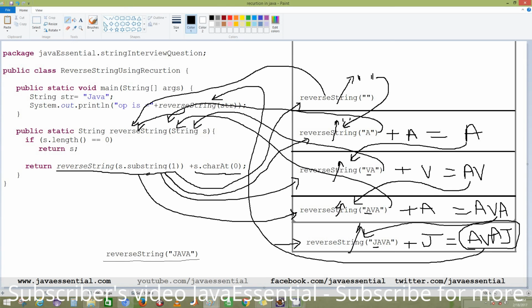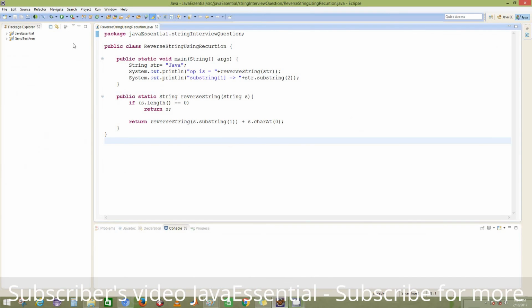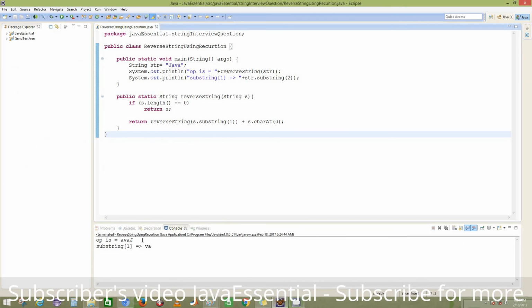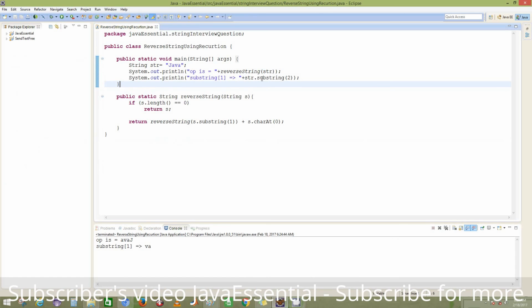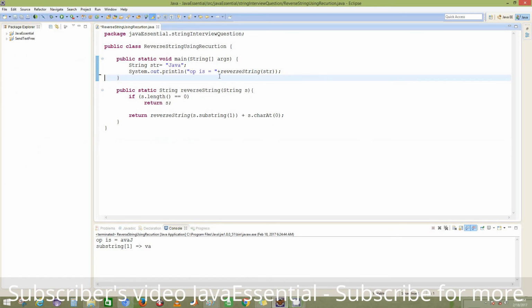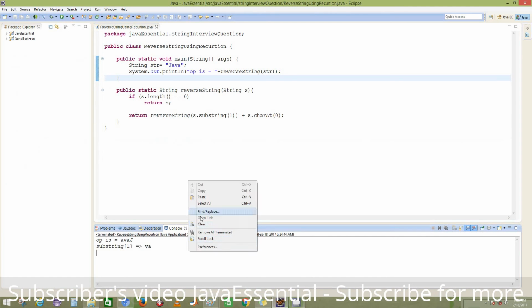That's it, guys. That is completely everything about the recursion. Let me quickly run this code and I'll show you the output. Here's the same code that I have put there. So here is the output. I have put in one more extra line to explain the substring, because here you can see the substring of the input string is equal to that. I'm using substring(2), so it will slice off 2 characters from it. Let me run the code again. Here it is. The output is just the opposite of Java.